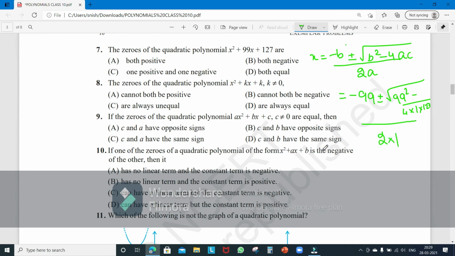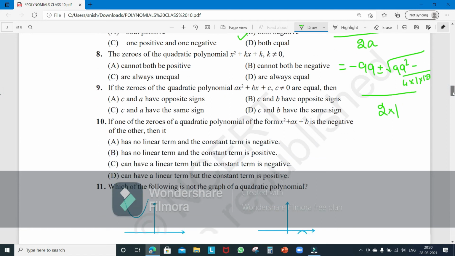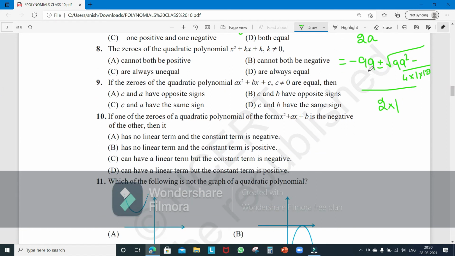Now I want you to solve the equation and find out the values of x. So I want you to drop it in the comment section. You will get the answer to be both negative. You can just solve it. It's just the direct step. Definitely solve and tell what are the roots. Okay. Next, moving to the 8th question. There's not much to explain in that. You have to just solve the equation, find the values and tell what the roots are. Is it positive or is it negative?